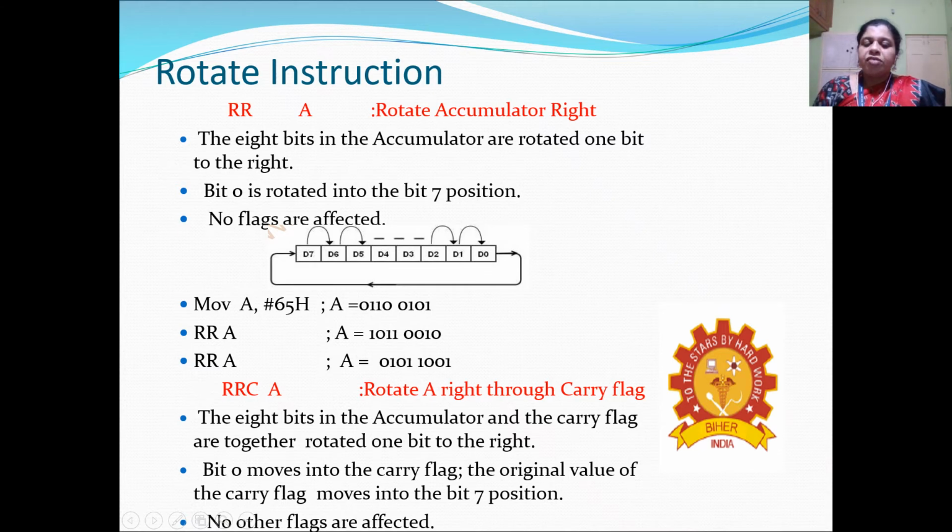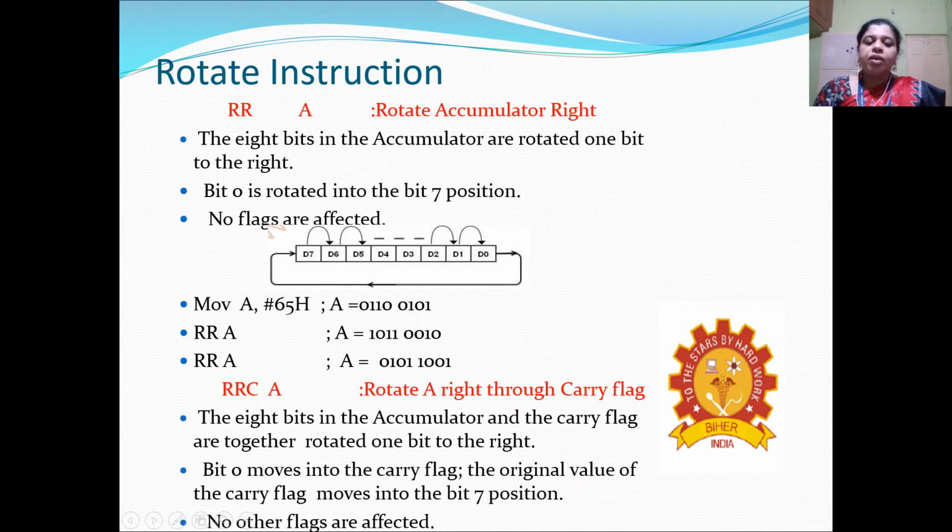That is, first we have to start from MSB. From MSB, the bit will be shifted one position to the right, and now the MSB will be vacant. So the LSB will be moved to MSB. So in bit positions, I can say D7 is moved to D6, D6 is moved to D5, D5 to D4, like this, and finally D1 to D0, and the D0 value is moved to D7. With a number, we can have a clear idea about this.